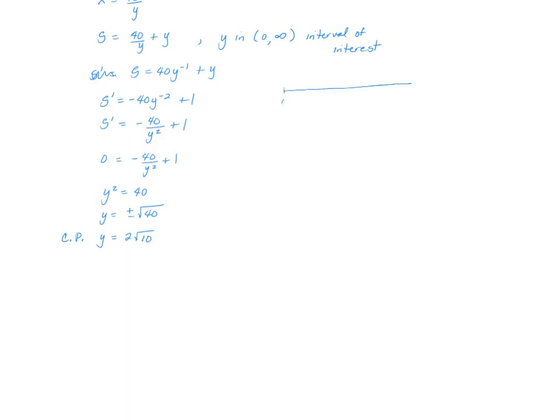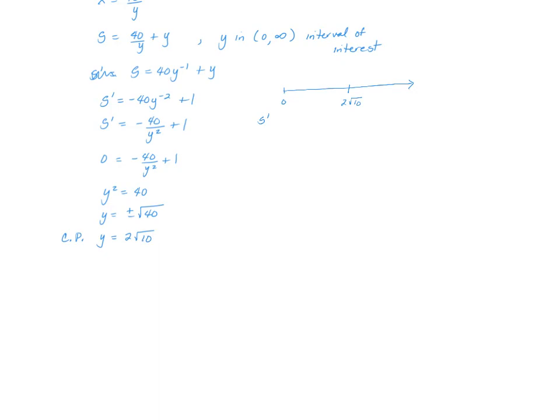So I have one critical point, that's 2 square root of 10. I need to test to see if 2 square root of 10 gives me an absolute min or max. So I'm going to take my first derivative,